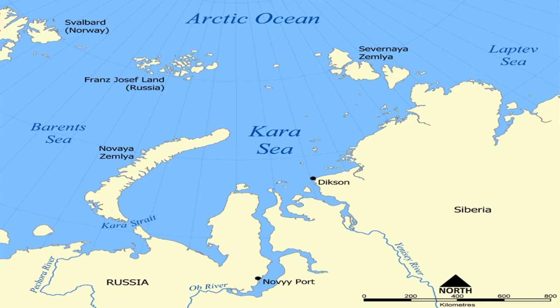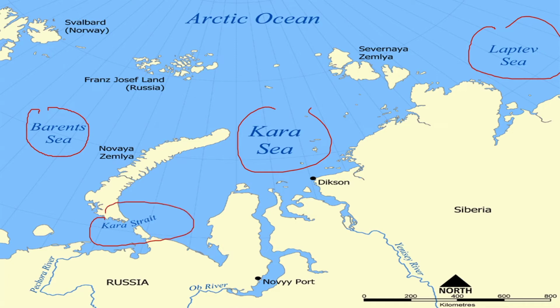Okay, mapping location, especially in the examination you might get to arrange these in east to west direction or west to east direction. So these are the important seas in the Arctic Ocean region. First is Barents Sea, then comes Kara Sea, then comes Laptev Sea. Among the other important places is Kara Strait, which is an important place, and Svalbard in Norway is an important place also, where so many research stations are there.